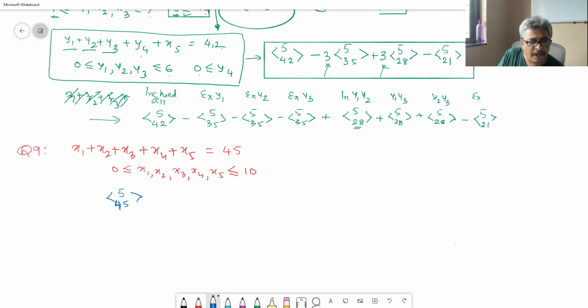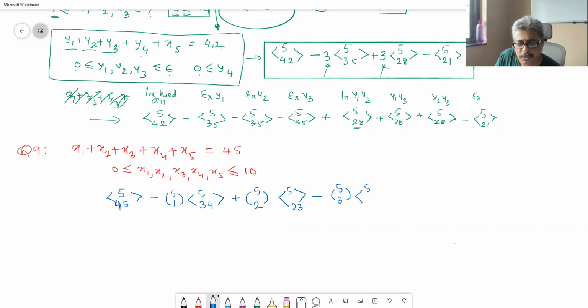First term includes all, minus 5 choose 1 at a time, and I am supposed to subtract only 11 out of this. So 5 elbow 34. Then I am supposed to take 2 at a time: 5 choose 2, 5 elbow, I am supposed to subtract 22. That means 11 from this. Then plus 5 choose 3 with 5 elbow 23.